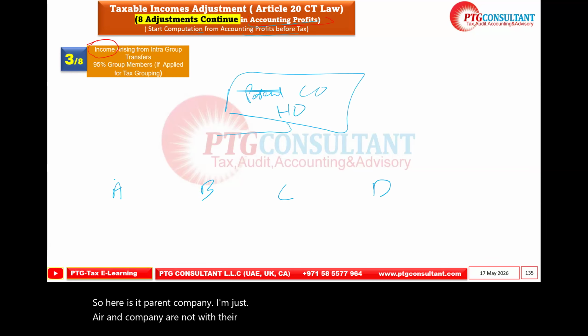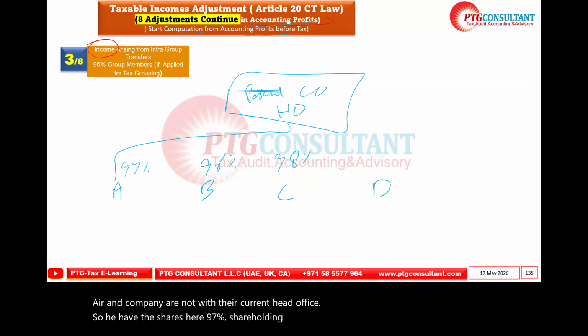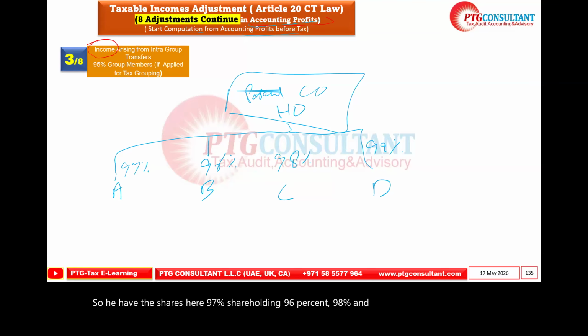It holds shares of 97%, 96%, 98%, and 99% in the others. So if these are the four companies under the ownership of one parent company, what is the FTA and